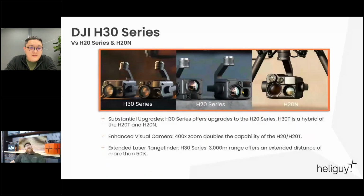So we'll do a little bit of a comparison next when we're talking about the H30 series, the H20 series, and the H20N as well. You'll see there's been substantial upgrades for the H30. It offers more upgrades to the H20 series. Sorry, and the H30 is a hybrid of both the H20T